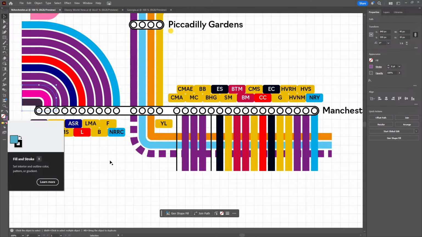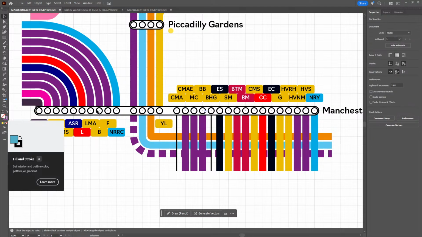How many station blocks is Piccadilly? Let me count. All right, 1, 2, 3, 4, 5, 6, 7, 8, 9, 10, 11, 12, 13, 14, 15, 16, 17, 18, 19, 20, 21, 22, 23, 24, 25, 26, 27 National Rail services and 4 Metrolink services for a total of 31 blobs at Manchester Piccadilly. I think that is the most of any transit map